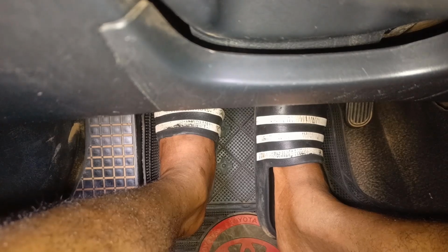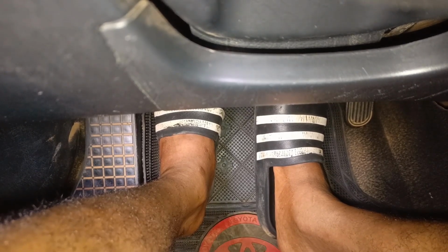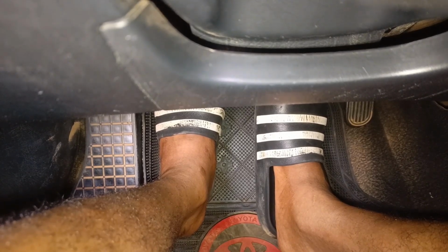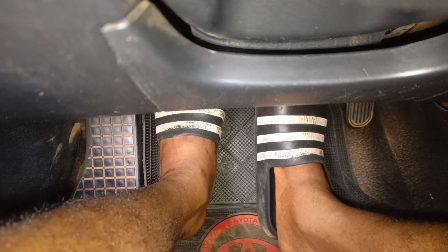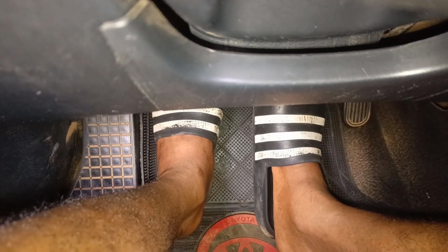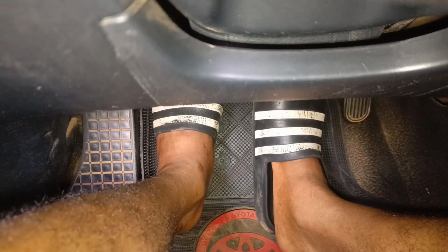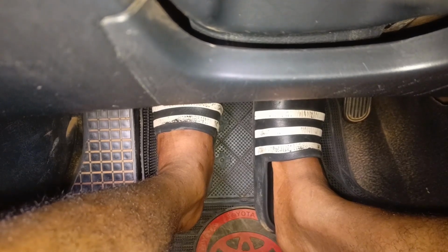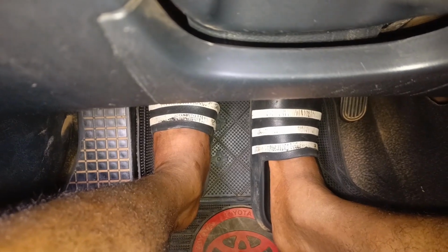So that's the biting point of the vehicle. As you can see, the camera is vibrating as well because this biting point actually makes the whole car vibrate, of course. So let me reach its maximum. Yes, that's it. That's the biting point. At this point, you don't even need to give an acceleration, especially if you are on a gentle slope. But if you're on a steep slope, let's say a hill, you need to give a little push on the gas. So I'm just going to take my leg off the brakes